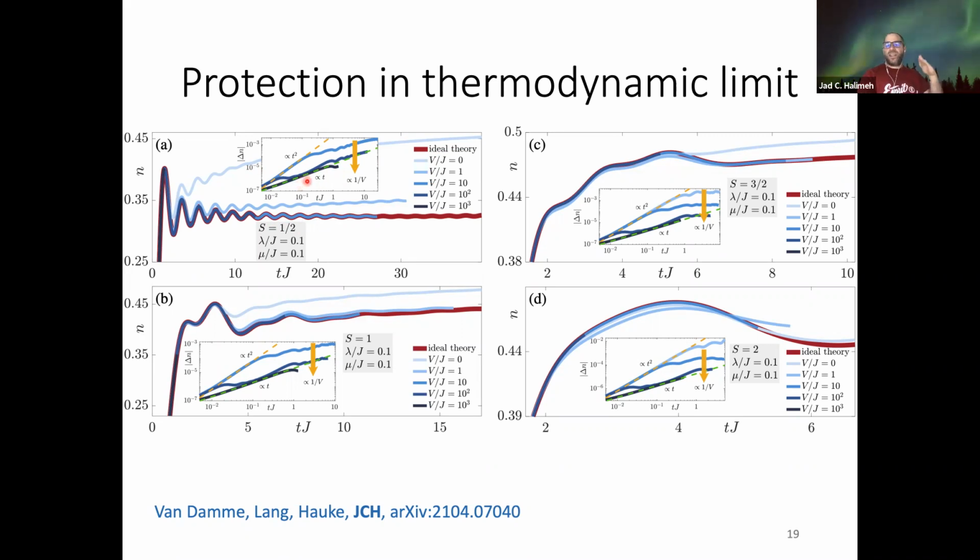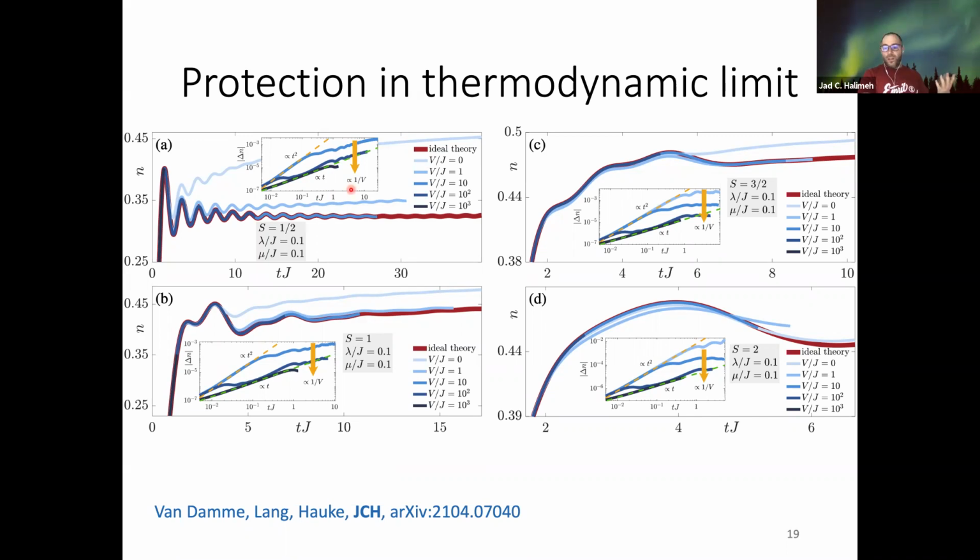So in the worst case, our error bound from the analytics tells you that you would grow as t squared, but actually you see that as time proceeds, we beat that bound, we do much better. So the error growth is much more benign than the worst case scenario predicted by our analytics. And as you can see here, you have a suppression of 1 over V in your deviation.